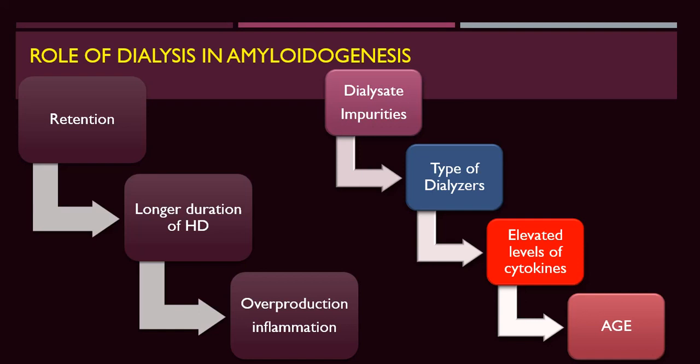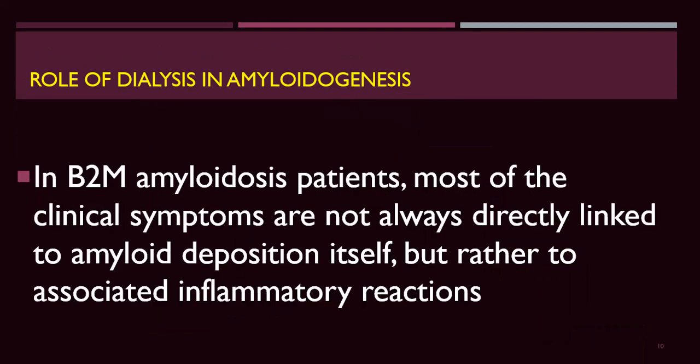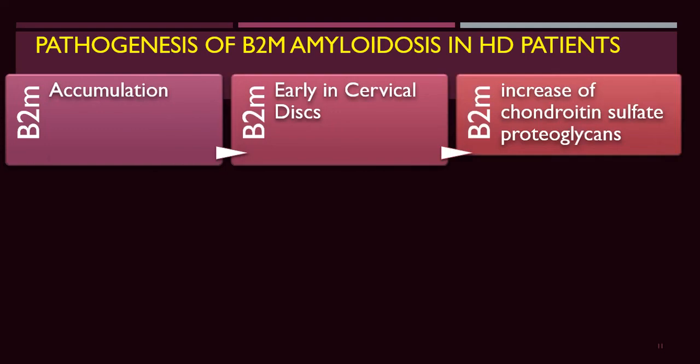While advanced glycation end products can share in the deposition, in beta-2 microglobulin amyloidosis patients, most of the clinical symptoms are not always directly linked to amyloid deposition itself, but rather to associated inflammatory reactions. So the patients usually have pain and disabilities, not only from the deposition, but from the inflammatory reactions around the deposition. So we have beta-2 microglobulin accumulations,